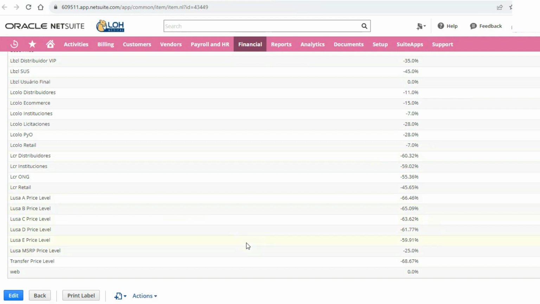So like I had mentioned, you want to maybe start with a D price level and your customer says, oh, can you do me a favor and give me a discount? You can look on the item, what a C price level looks like, and provide them a little bit of a discount without sacrificing overall margin.